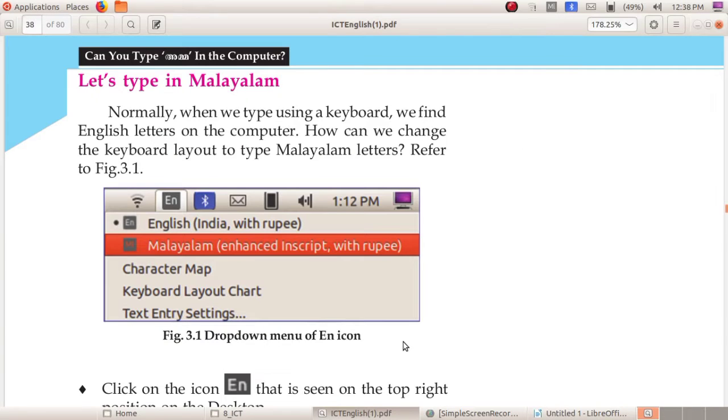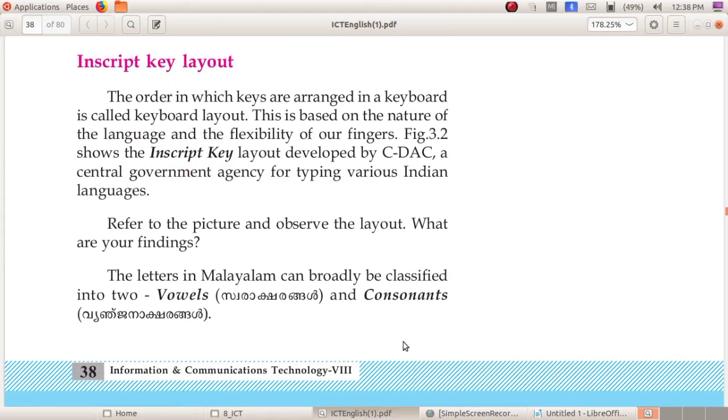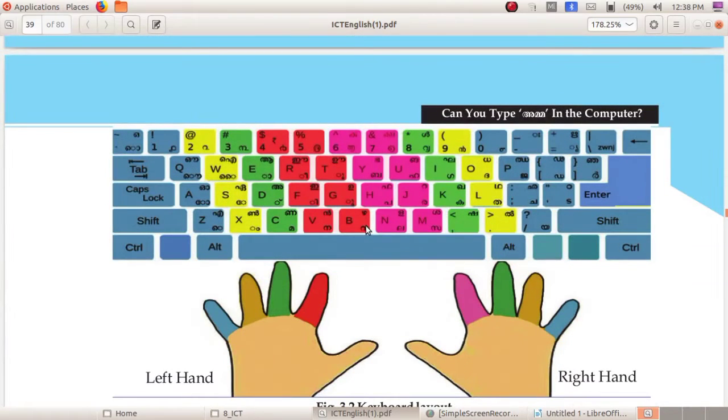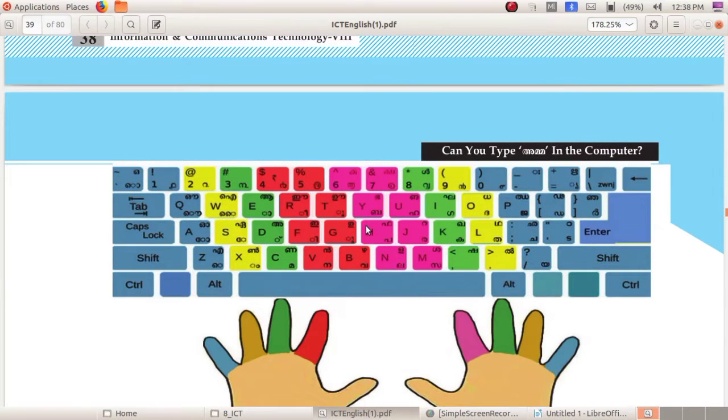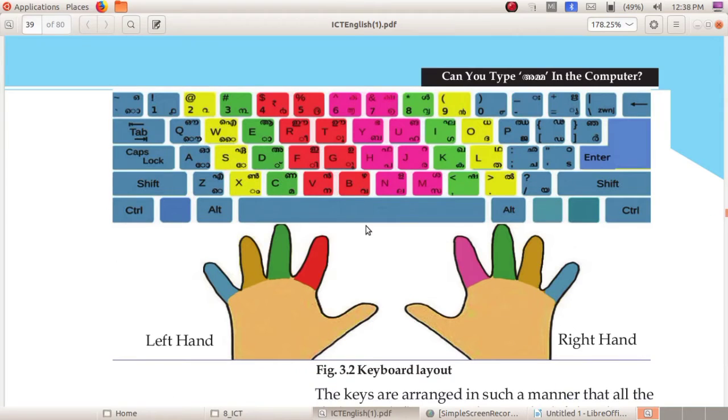Okay, so before going to type, I will just introduce InScript key layout. Did you hear about the InScript key layout? What is that? Yes, that figure you are familiar with from the first chapter onwards, isn't it? Here we can see right hand and left hand and so many colors.